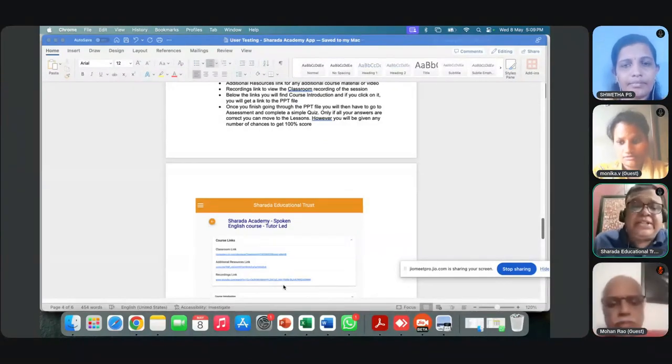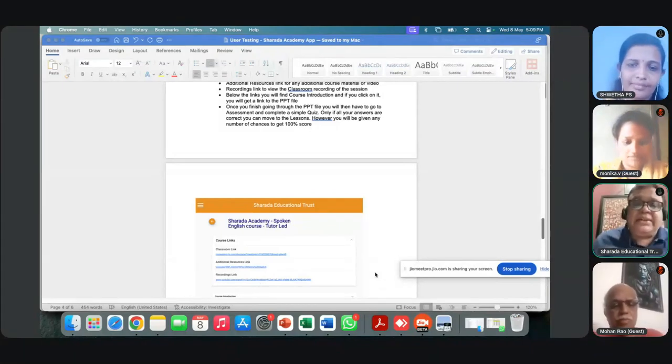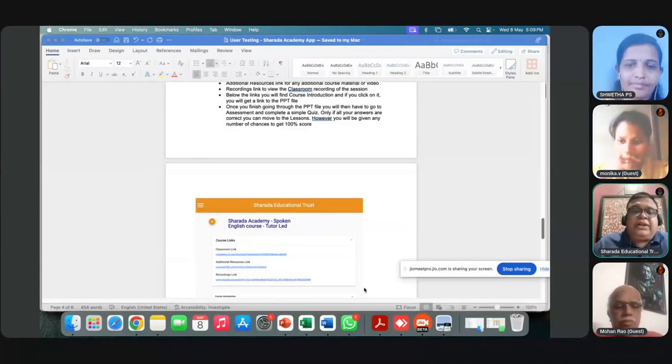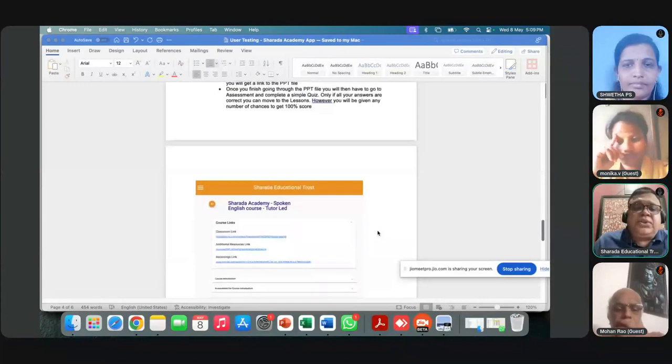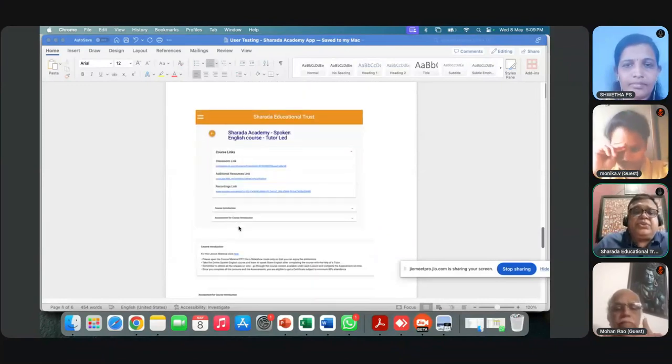But the only difference between now and this app is that the recording link will have a list of recordings. So you'll have to go one by one, lesson 1, lesson 2, lesson 3. So it is a playlist. It is not pointing to one YouTube video, and all are on YouTube, by the way, as it is done now. So here you will go, and then the first one is course introduction, just to tell you about